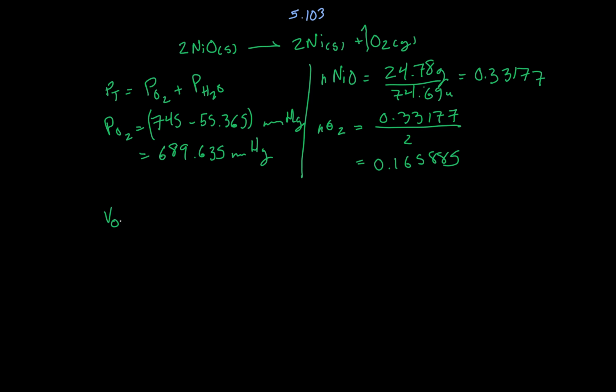All right, so we can now calculate our volume of oxygen, which is what we're asked for in the question, because now we have temperature. We know it's at 40 degrees Celsius. We know it has this pressure. We know it has this many moles. That means we've got 3 of the 4 unknowns, so we can solve for the 4th. All right, so nRT over P